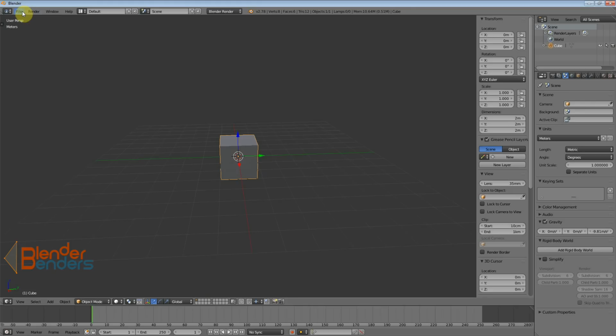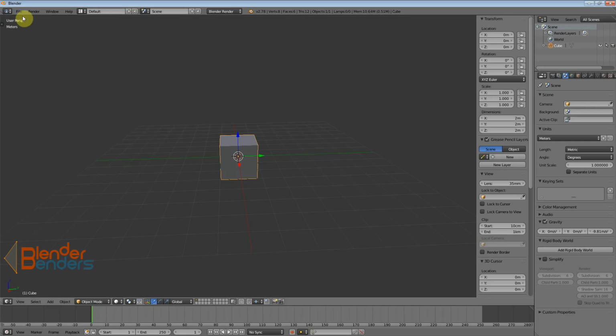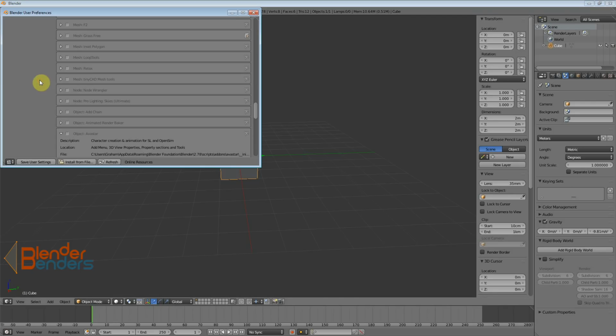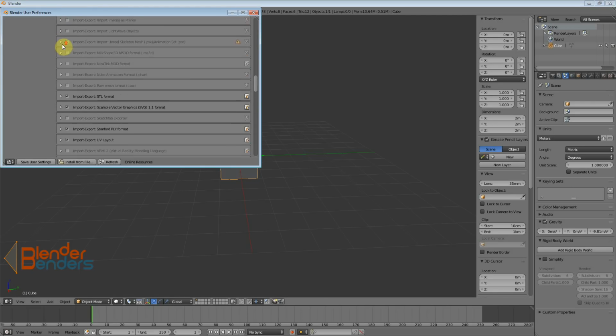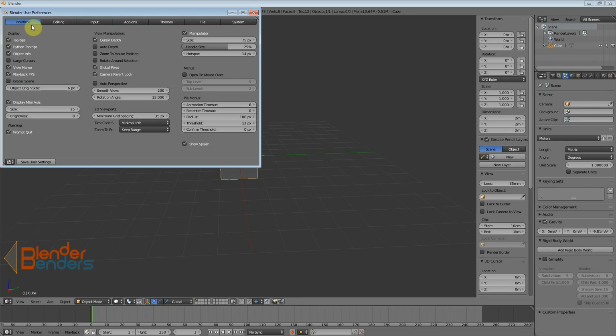So we'll come across here to File and User Preferences. The keyboard shortcut is Control-Alt-U. If there's a keyboard shortcut assigned to an operation in Blender, usually they will have it listed next to the menu item. So we'll come across to User Preferences, and let me just scroll up here. This should open up for you in this first tab, this Interface tab,